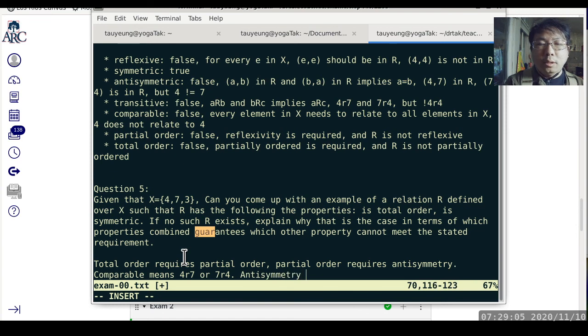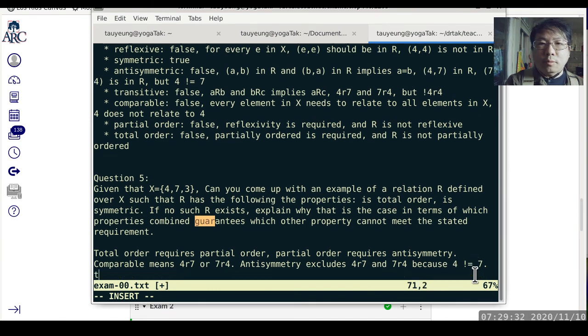Anti-symmetry excludes 4R7 and 7R4 because 4 does not equal 7. If we have both 4R7 and 7R4, then it cannot be anti-symmetric because 4 does not equal 7. So this means